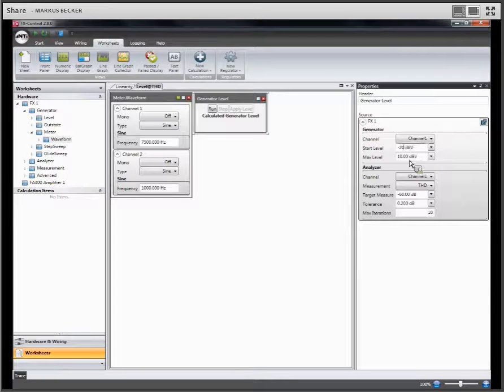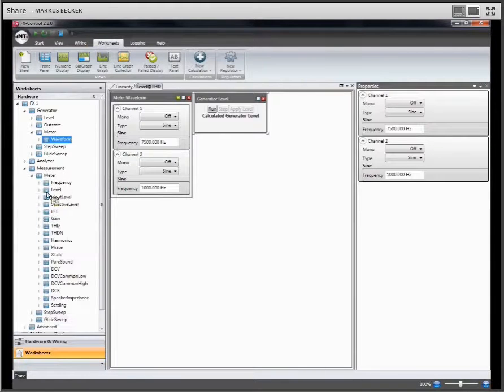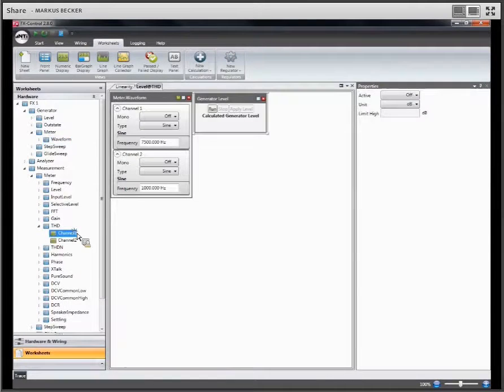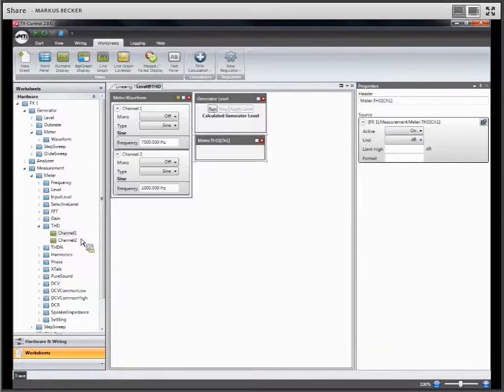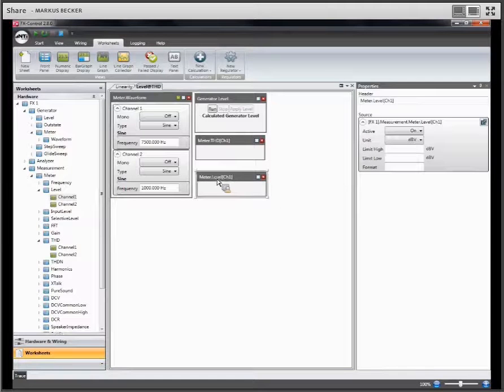And we want to start this iterative process at minus 10 dBV, and we want to say that the maximum allowed output level of our generator would be 6 dBV. So for monitoring what is going on, we can add a THD measurement of channel 1. We are just talking about channel 1 right now. And we also add a level measurement of channel 1. Make this a little bit larger because this is our target, the 0.1%. We can express it here in percent.